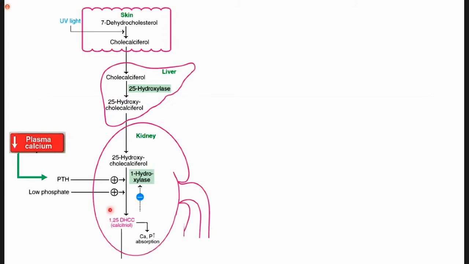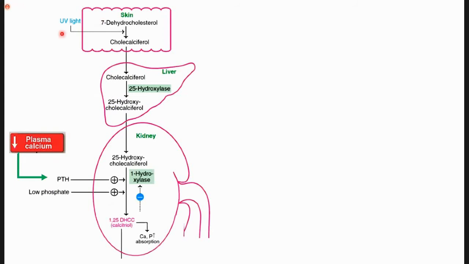Now, how is the active vitamin D being regulated? The previous information may overlap, as we have discussed in calcium homeostasis and phosphate homeostasis. The information may overlap here, as nature has created interlinked mechanisms. So